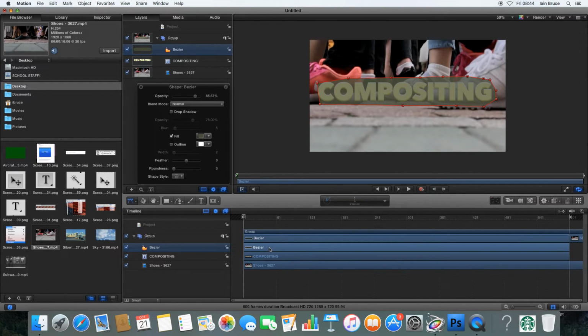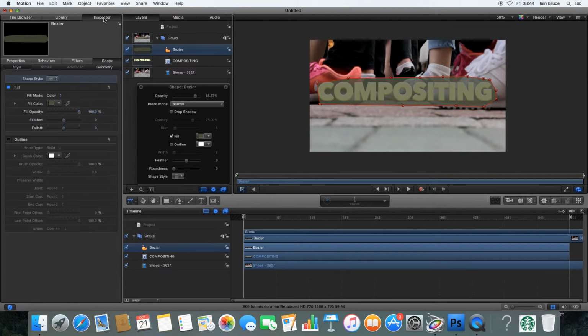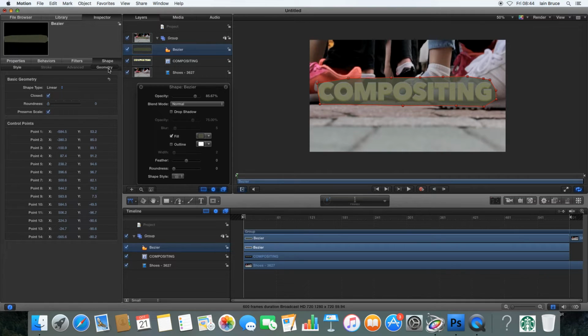What we're going to do now is, with the Bezier clicked on the timeline, go to the inspector, go to the geometry option under shape, and under control points, click the little drop down arrow and click add keyframe. Make sure your timeline slider is at the first frame. Click add keyframe. Then drag your timeline slider along till just when the second white trainer appears on screen, which is there,